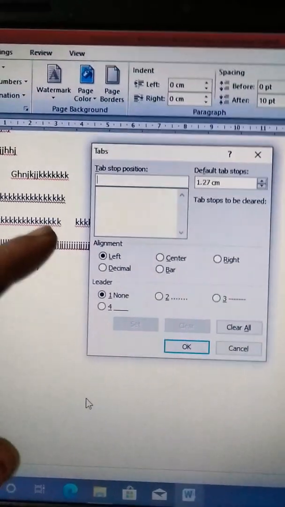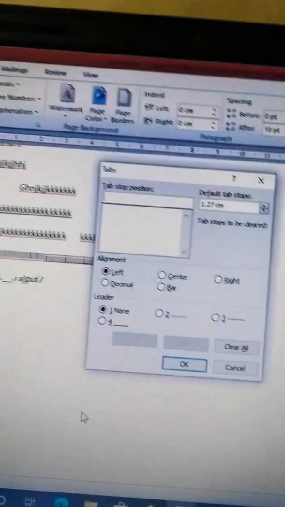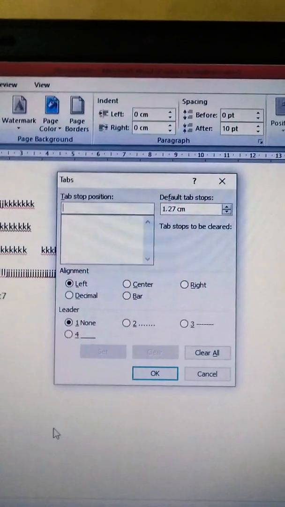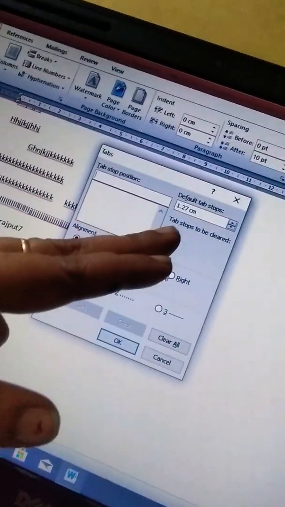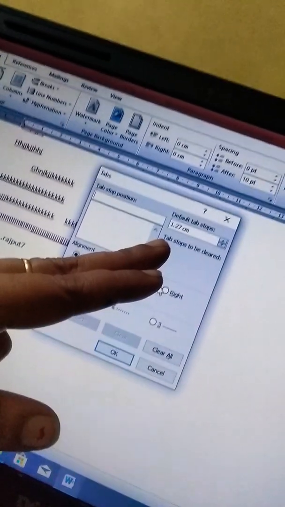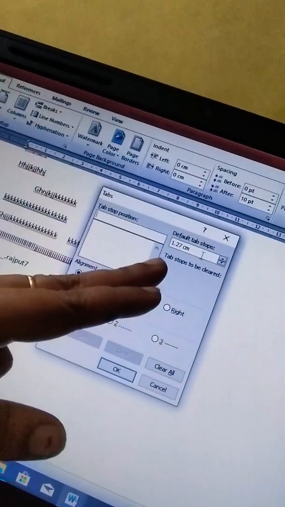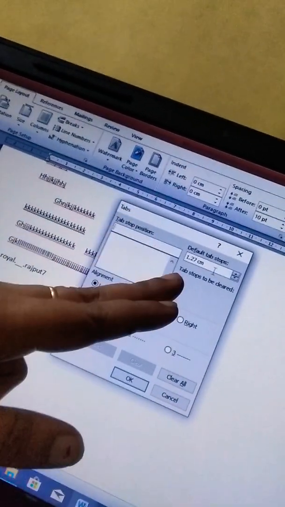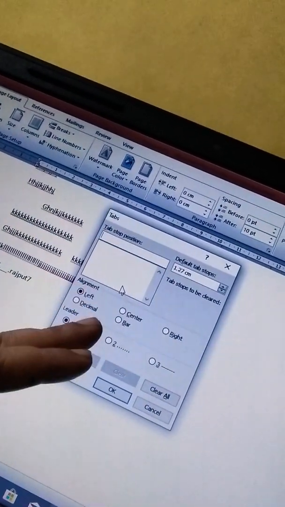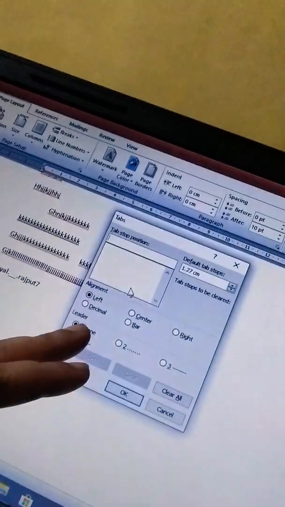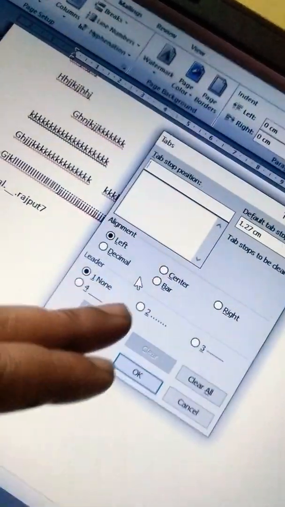Here you can write your own tab stop space. Like here the default is set to 1.27 centimeters. Here we can change it also. See here that there are alignments, 5 types: left, center, right, decimal, and bar.